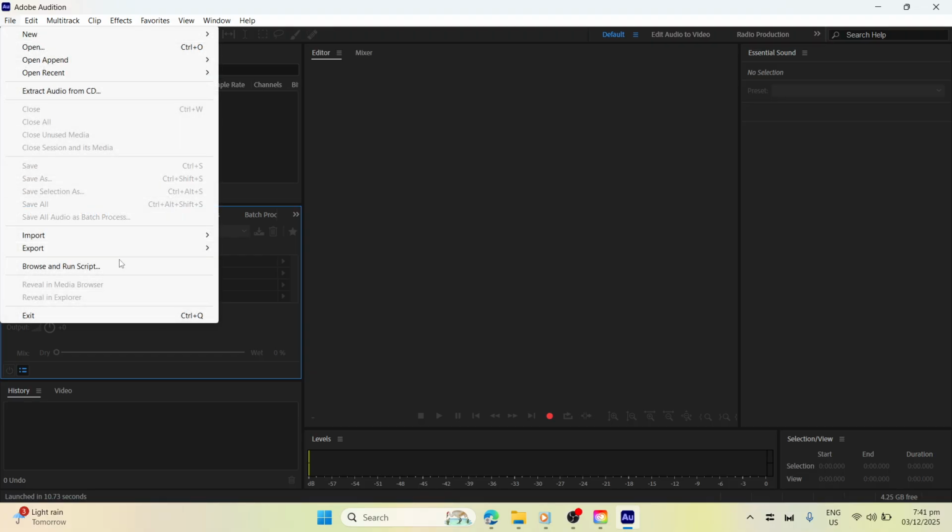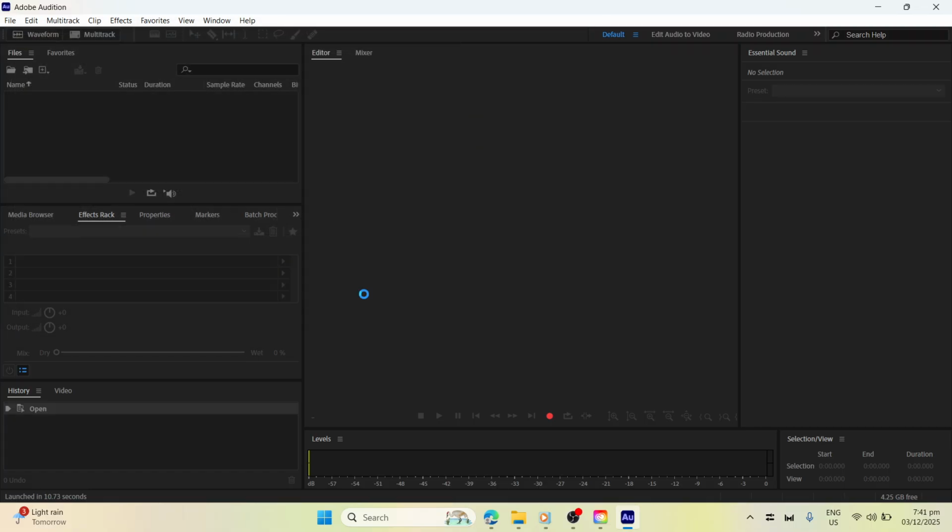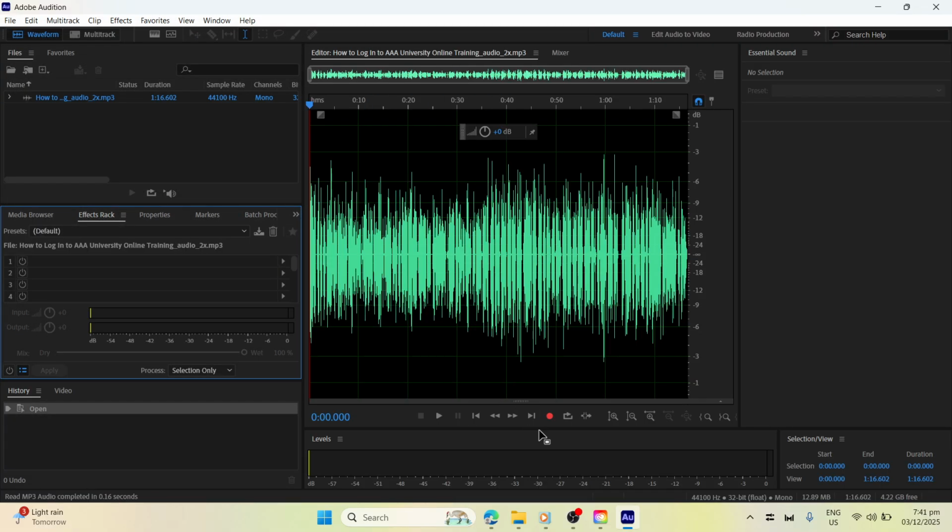Start by bringing your recording into the waveform editor. The quickest way is to drag your audio file straight into the Audition window. It will open in a single track view where you can see the waveform clearly and make precise edits. If you accidentally land in multi-track, just click the waveform tab so you're editing the original file. This view is perfect for quick voice cleanup because you can hear changes immediately and keep your focus on the